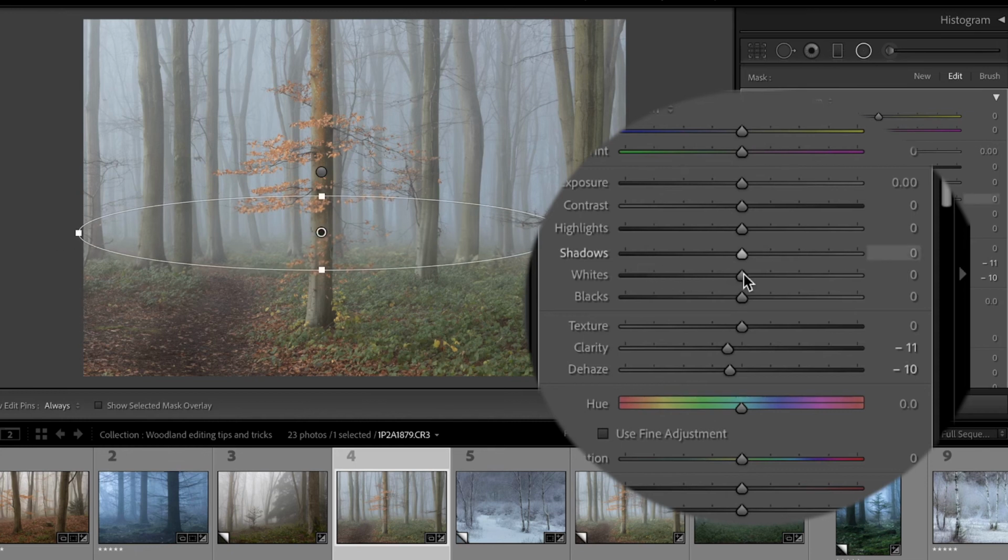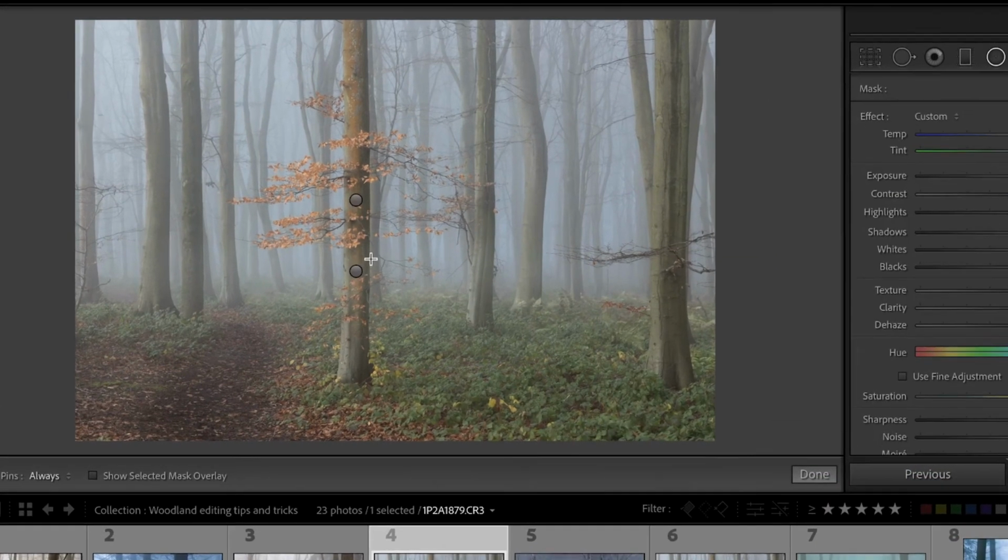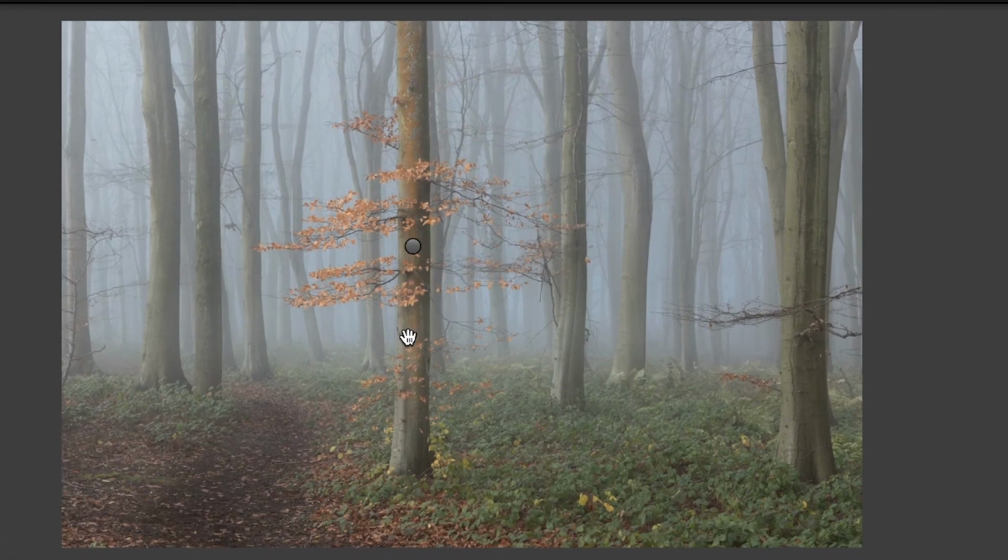And then also what works really well, if you just want to create a little bit of a soft light patch to the image, just bump the whites up ever so slightly, around 8. Now, if I just remove this, you can see it just added a bit of softness, a bit of extra fog to the image, and it kind of draws your eye in more to either your subject here and also down over into the background along